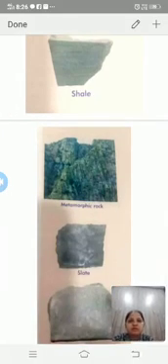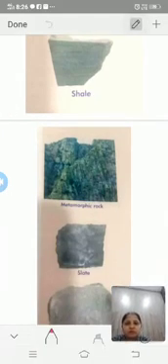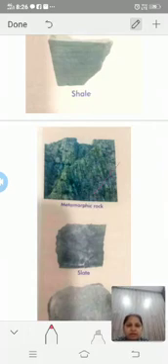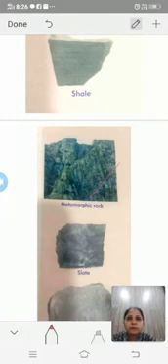Metamorphic rocks. The third type of rock is metamorphic rock. Metamorphic rock forms when igneous and sedimentary rocks that have been buried deep inside the Earth undergo changes due to intense heat.